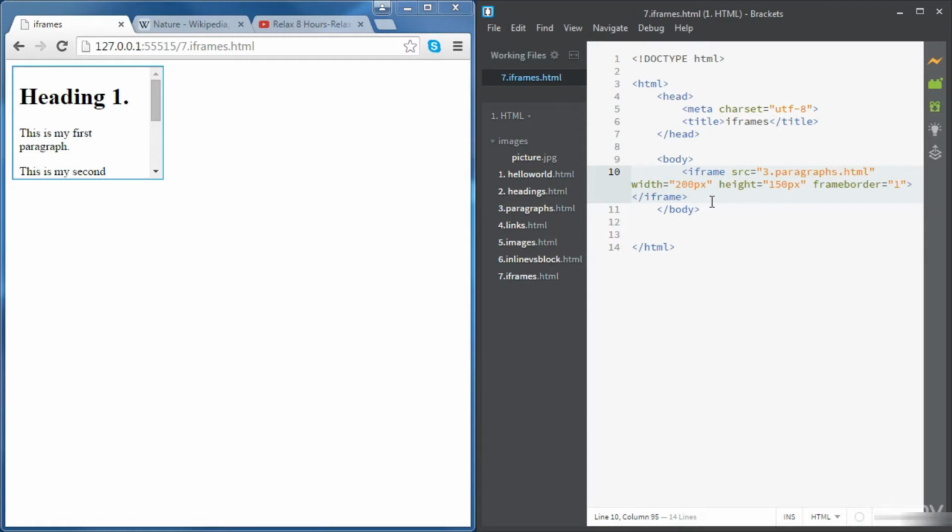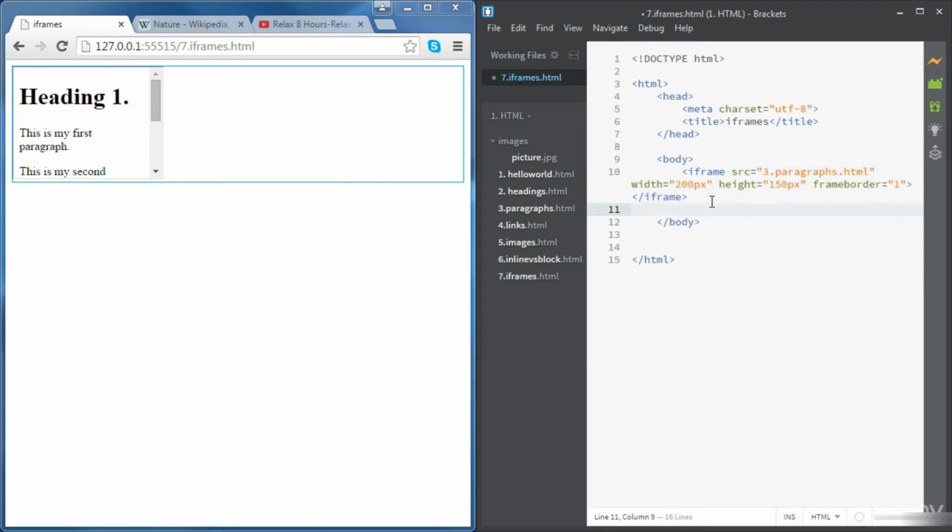So now we're going to create another iframe, but this time it's going to be a little bit different. So we're going to create an iframe, and rather than having the content of the iframe with a specific source, we're going to add a link, and once we click on the link, we're going to open the link inside the iframe. Okay, so let's create the iframe first. So we're going to use the iframe tag. Okay, and this time we're going to need to give it a name. Okay, so I'm going to name it my iframe,